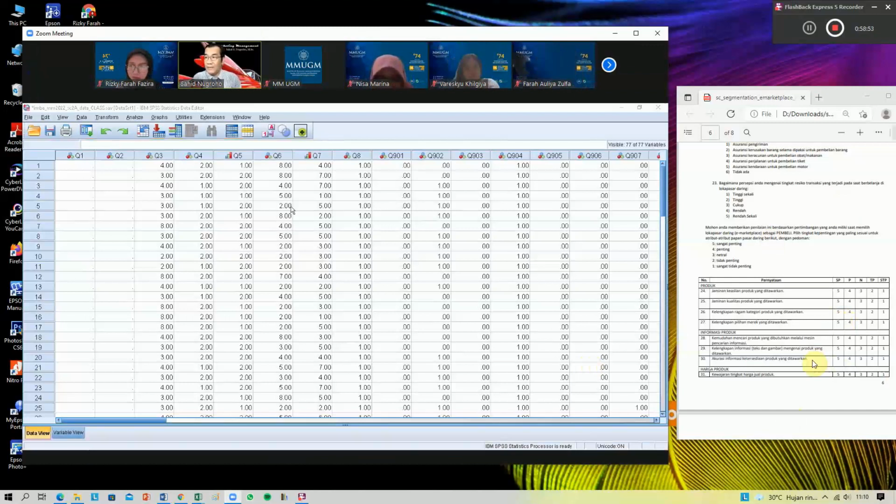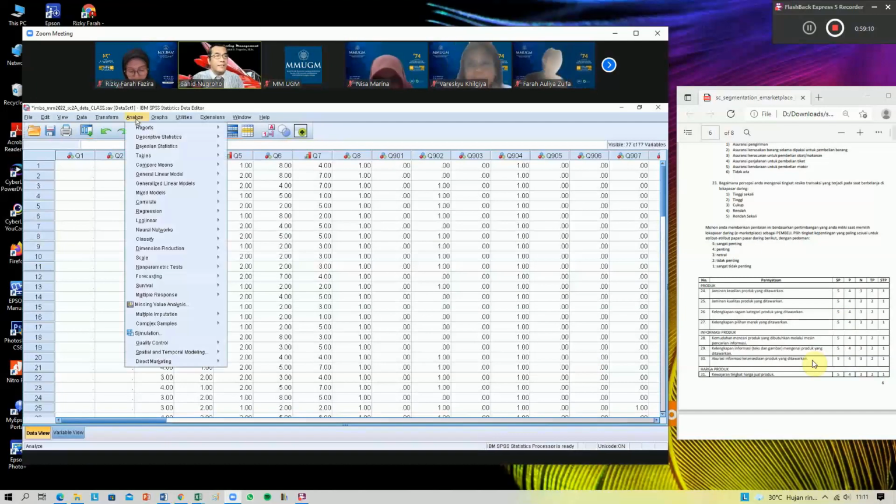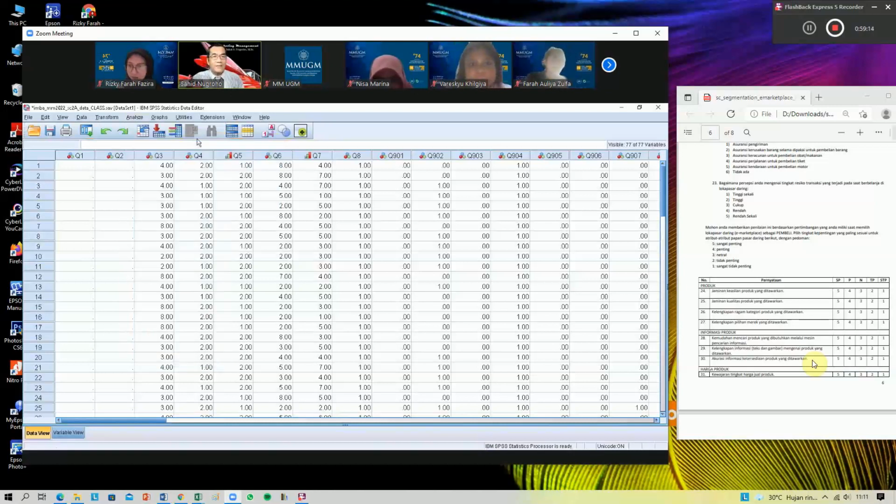So that's the problem of SPSS. But it's okay, we can still do it in SPSS, just to see the highest and the lowest. Go to Analyze, Descriptive, and then Frequencies.